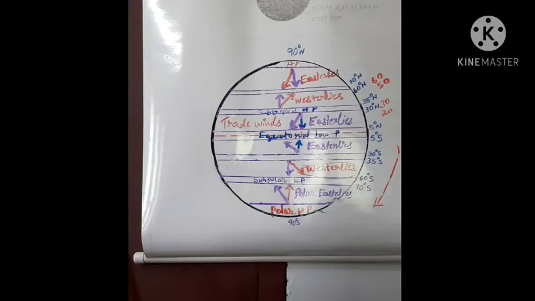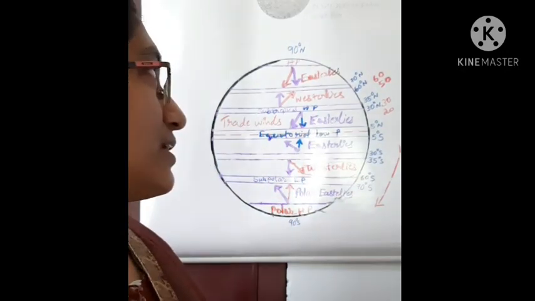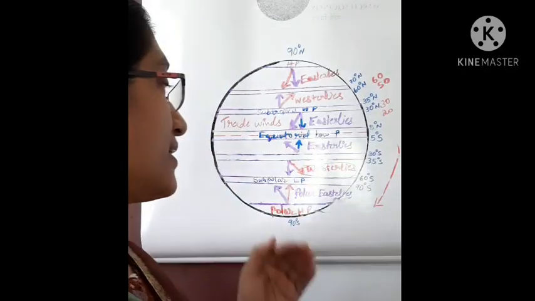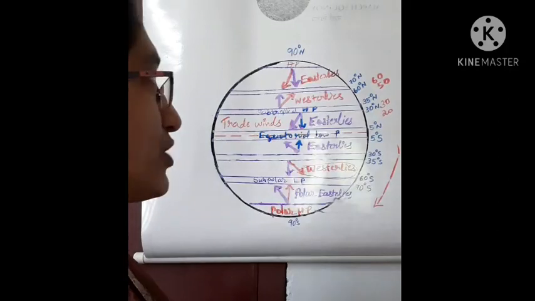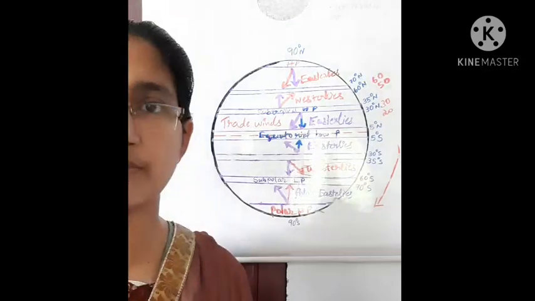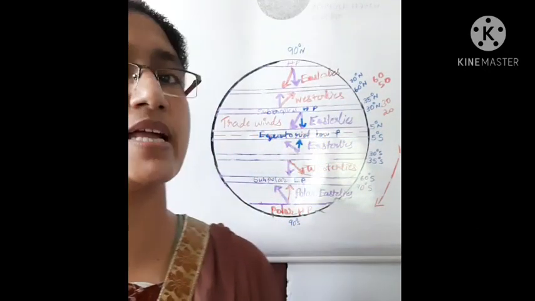Then one more factor: these westerlies in the southern hemisphere increase in their speed because, as you know, the land masses are concentrated in the northern hemisphere. The majority of the continents are located in the northern hemisphere, and in the southern hemisphere we find the concentration of water bodies. This is named antipodal arrangement. Antipodal arrangement means the northern hemisphere has the maximum concentration of land mass, and the southern hemisphere has the concentration of water bodies, so there is a balance between land and water in both hemispheres.